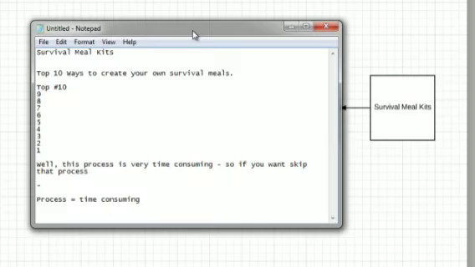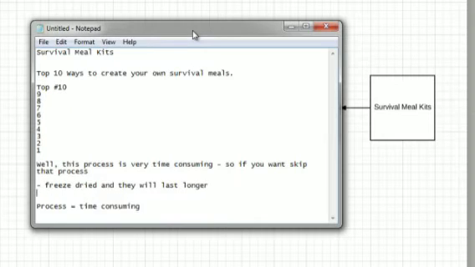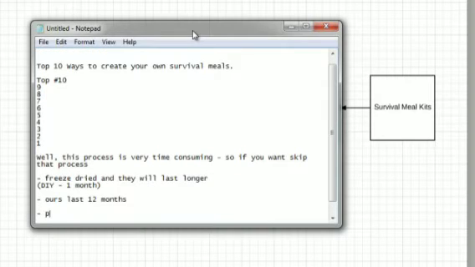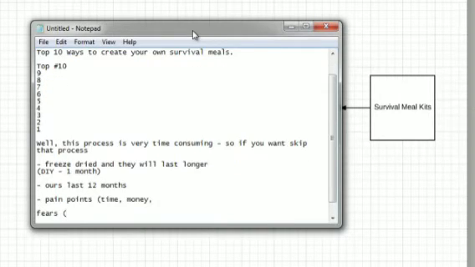In that case, you could say they're better because they're freeze dried and will last longer. If you were to create it yourself as a DIY, maybe it would last about 1 month. But if you come with us, ours will last about 12 months. So if you're out in the wilderness, these foods will last you about 12 months. I would start hitting on pain points and fears, like the power grid being out.